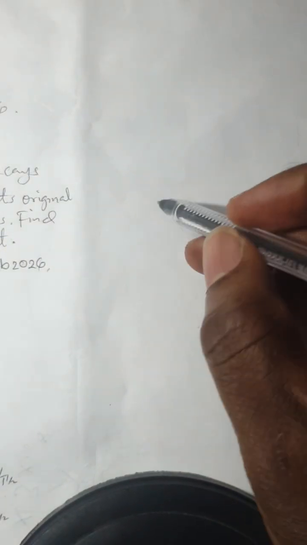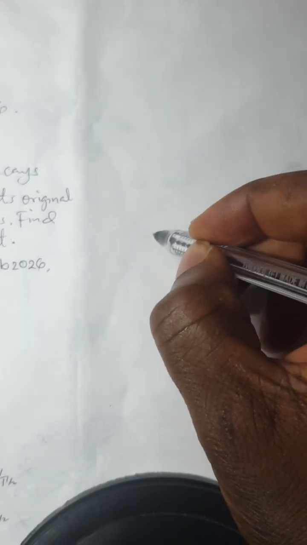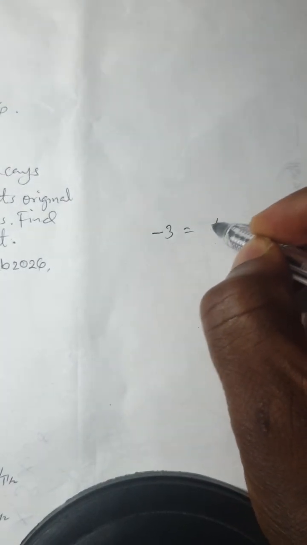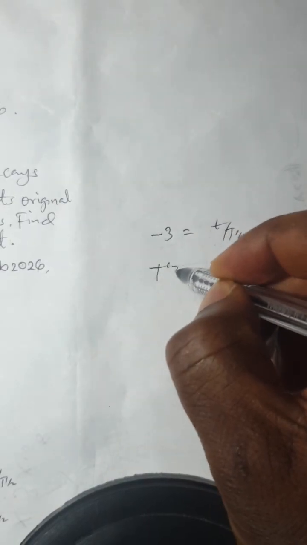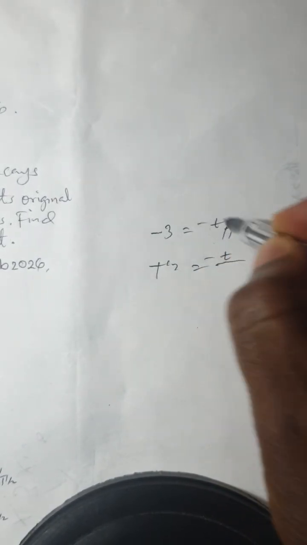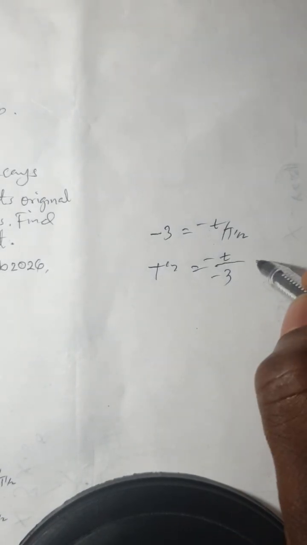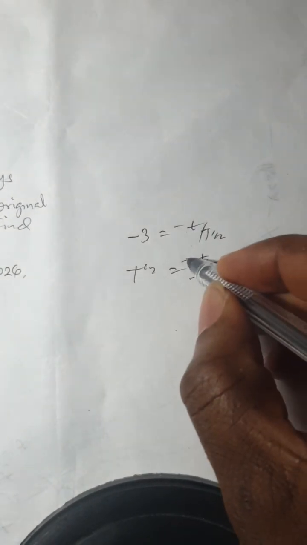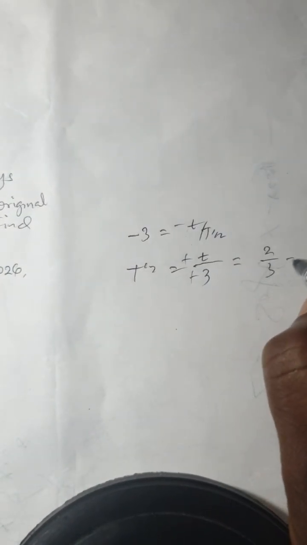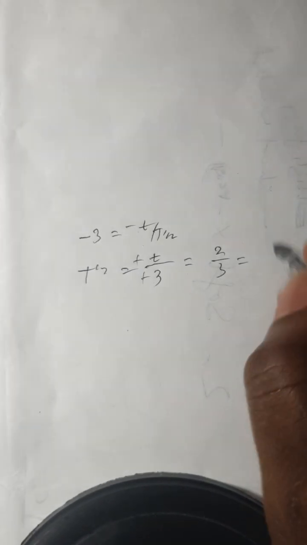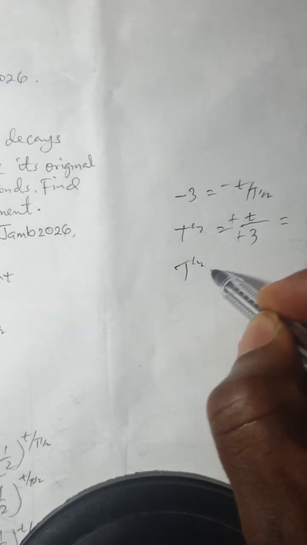We come further here, so we should have negative 3 is equal to negative t over t half. We're looking for t half, so t half will be t over negative 3, and we said that the time taken is what? We said the time taken is 2 seconds. So, since negative cancels negative, this is 2 over 3. If you punch your calculator properly, 2 over 3 is the same thing as 0.666. So we have our half-life is